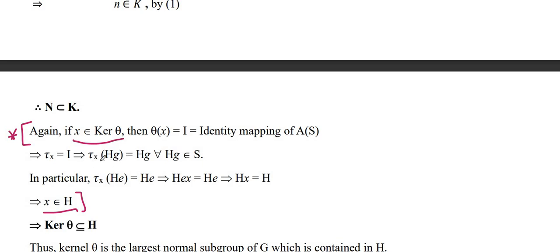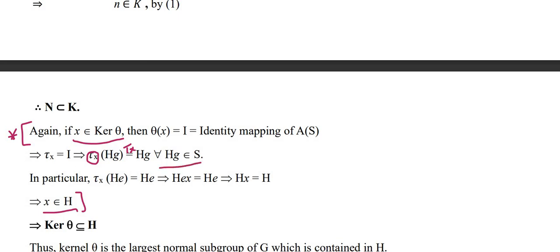So you have the image. Actually, this should have been written here, tau x. The representation, see, when you write the elements to the left of the mapping, then we'll have to have that throughout. So Hx tau g should be equal to, Hg tau x should be equal to Hg for every Hg